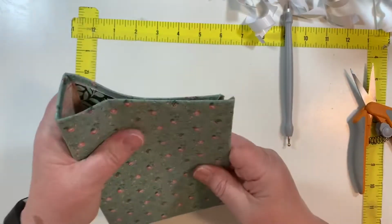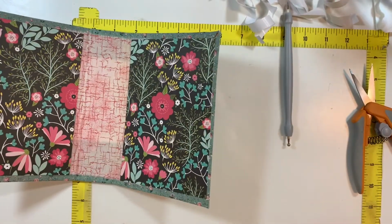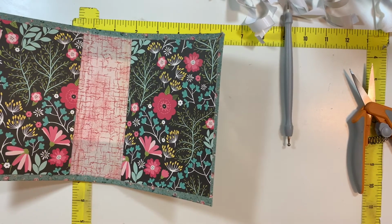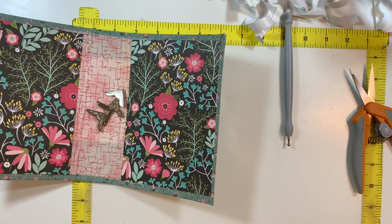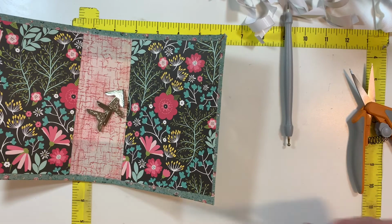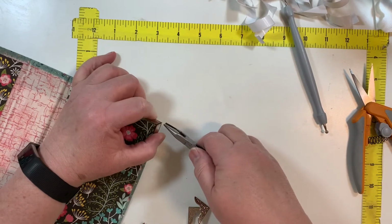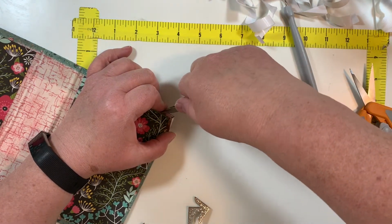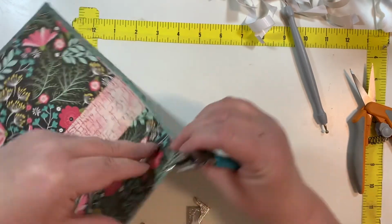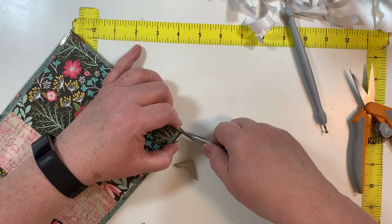There we go. Here we have our journal frame. And I will go ahead and pull out the corners. 1, 2, 3, 4. Okay. And pull out my jewelry crimping tool. Put that, make sure it's snug in there and just bend it down like so, and that kind of comes in far enough that it covers